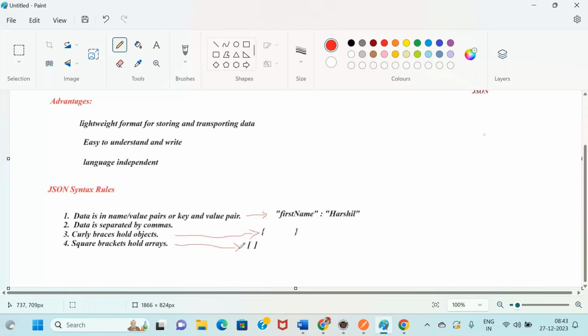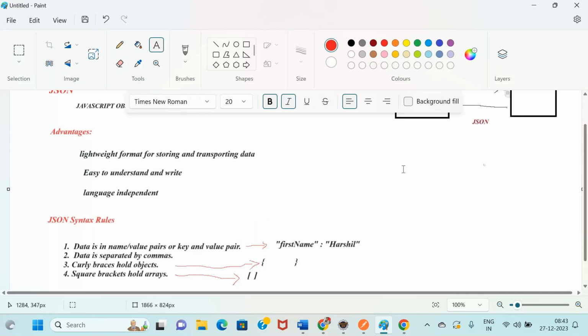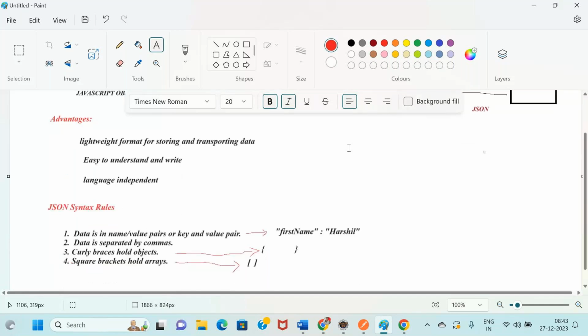Now JSON data types. We'll talk about JSON data types, then we will start writing more data. You have to ask me if you're not understanding anything.